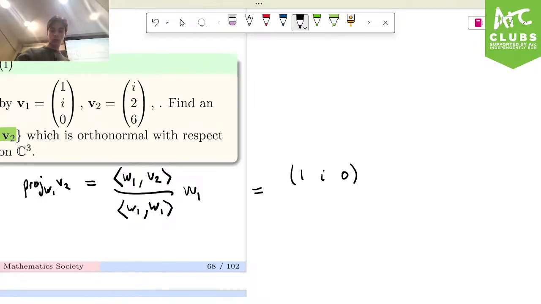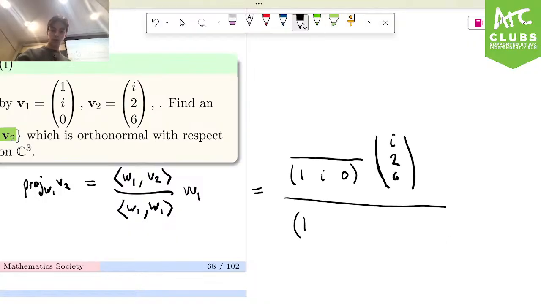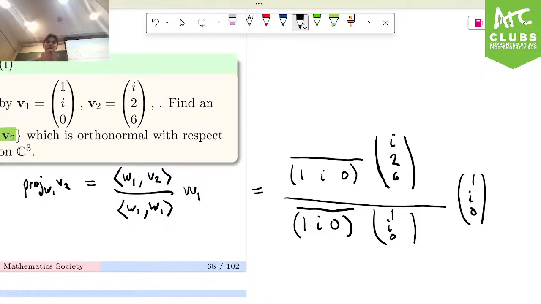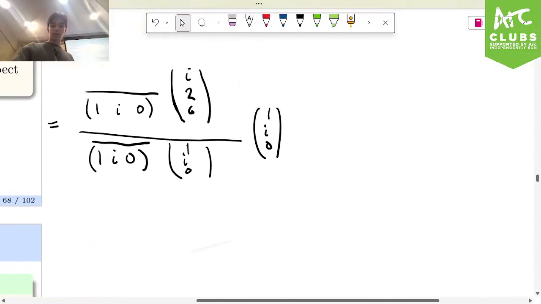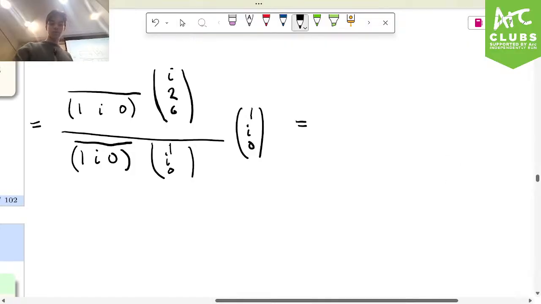I0 conjugate multiplied with I26, and then again 1I0 conjugate multiplied by 1I0. Right, so I'm just substituting in the vectors. And that should yield